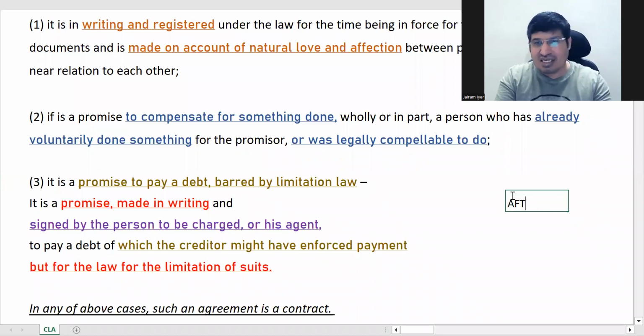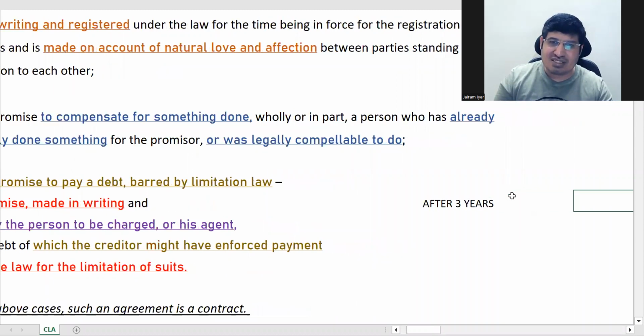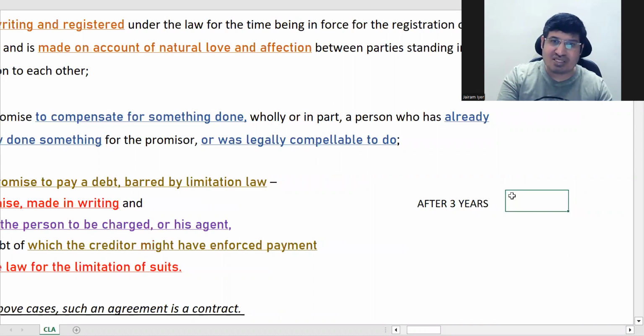Okay. Let's take 3 years as the example of limitation. So after 3 years, anything, it can be 5, 10, 8. After 3 years, as per limitation law, there is now no debt. Limitation law says after the limitation period, there will be a reset. The parties will be reset to zero. There is no transaction now. Neither does he have to pay him anything, nor does the other have to pay him.